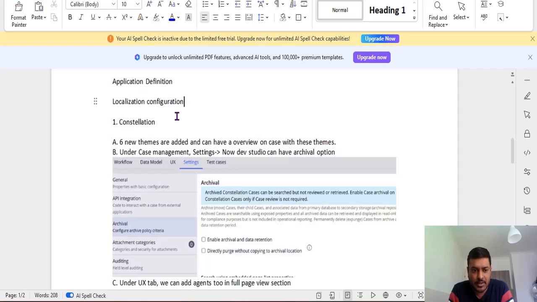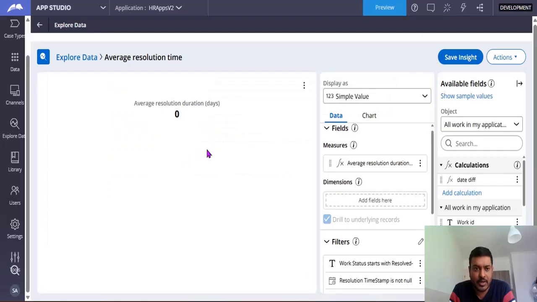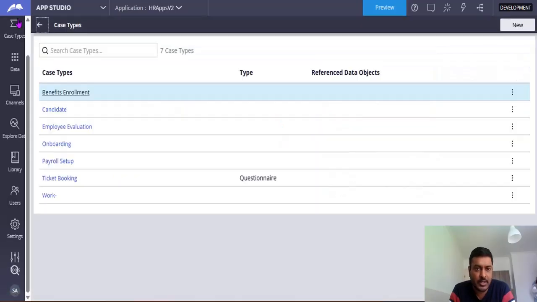And coming to Constellation, which everyone is more interested in, as I have said, six new themes are added, and under case management, from Dev Studio, we can go for archival. So this option is available. And normally we have a UX tab, right? Under case types, if we go,